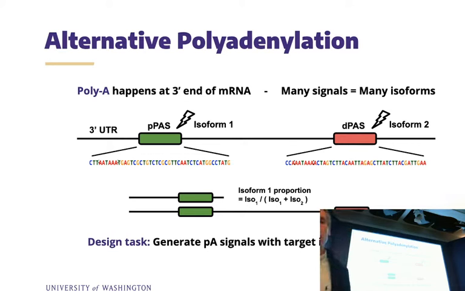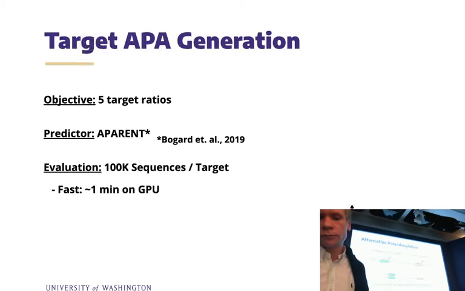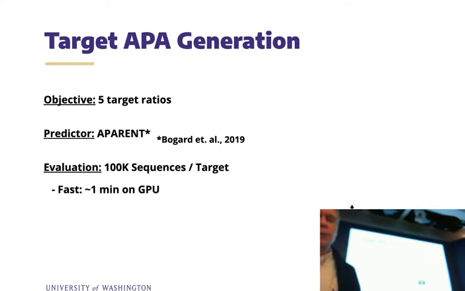Now, if you have multiple signals, it means you essentially have multiple possible isoforms for that RNA molecule. And so the design task that we looked at was essentially, can we train our generator to produce sequences that are optimized for different target isoform proportions to essentially engineer APA. And so what we did was we trained 5 different deep exploration nets to optimize sequences for 5 distinct target ratios. And as our predictor model, we used APARENT, which is a convolutional neural net developed by our group